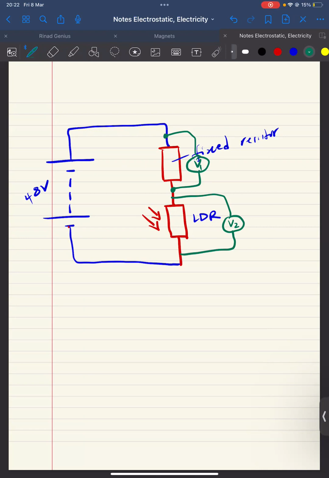طيب فارس, V1 plus V2 شنو? What will be V1 plus V2? Always. التوتال فولتج اللي هي 48. Why? واي شنو؟ ليه 48 يعني؟